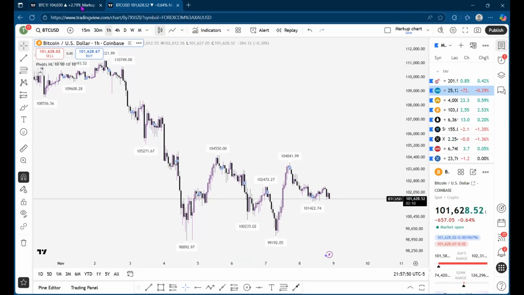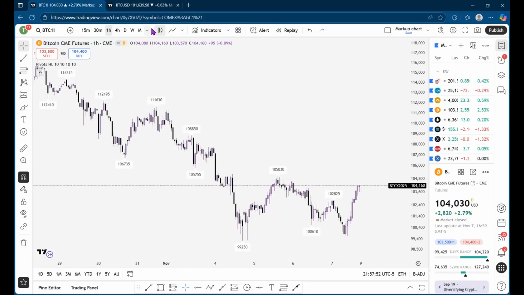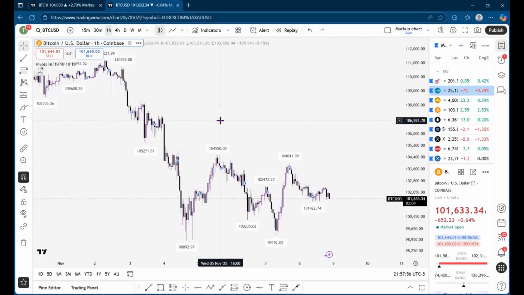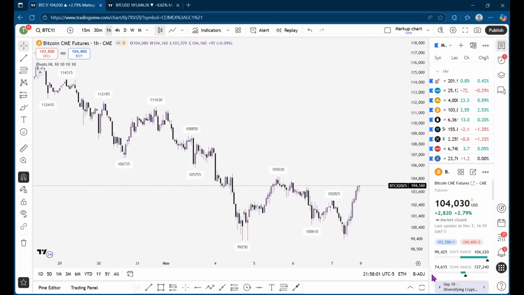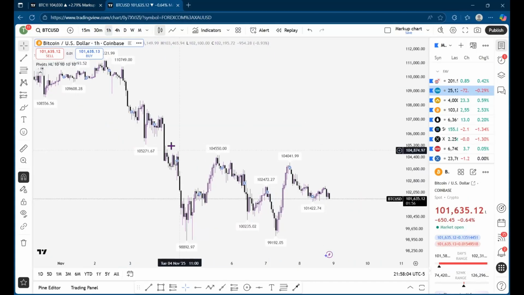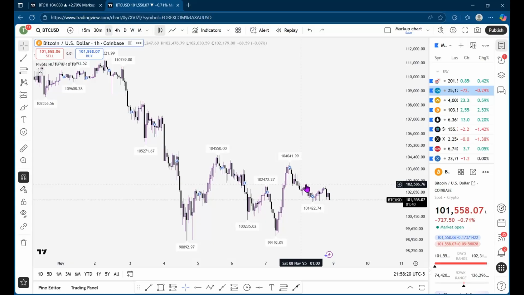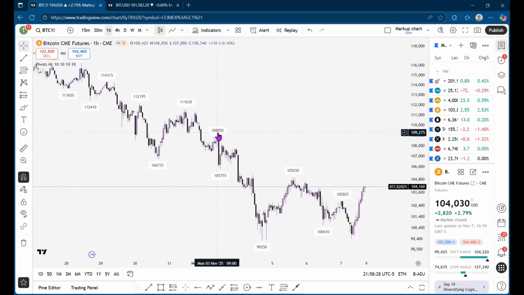So sometimes people will use this chart to determine how to place a position on this chart. Okay, because this is the real price of Bitcoin right now. And if I want to place a bet against the US dollar, you see what I mean? Like if Bitcoin itself is going down, I'm able to sell Bitcoin against the US dollar on the Forex side. So you can use Forex and futures together, or you can trade them individually, which is what I like to do. I normally don't go back and forth.